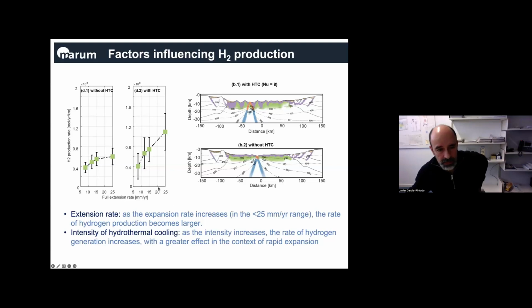So a further test that he did was an evaluation of what happened if we did not have, or had, some emulation of hydrothermal cooling. Here you have a summary of some analysis that he did at several extension rates. You can see that with higher extension rate, you have a higher production of hydrogen. And with hydrothermal cooling, you have a higher difference when you go